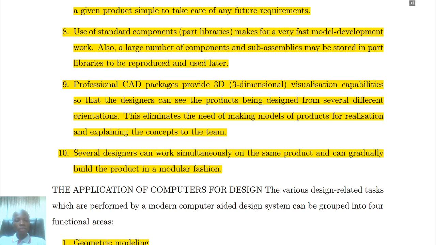That makes things very easy and fast. Professional CAD packages provide 3D visualization capabilities so that the designer can see the products being designed from several different orientations. So here, you have the 3D object in the virtual environment, and you can rotate it, turn it around, all around. Because the 3D CAD environment has 6 degrees of freedom, you can rotate it, you can move it,